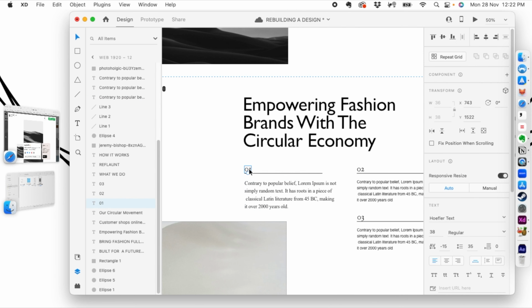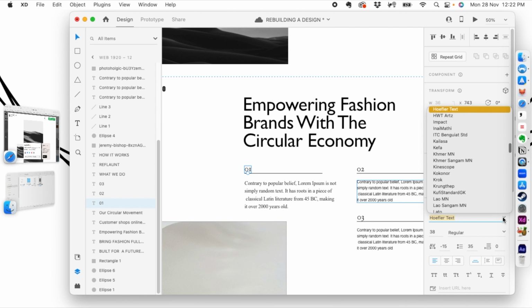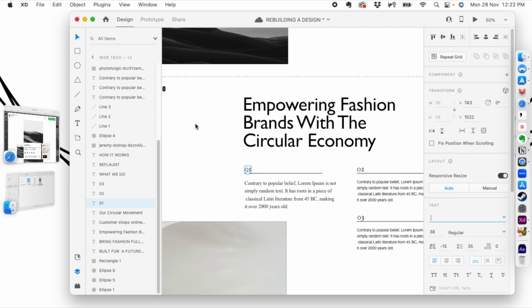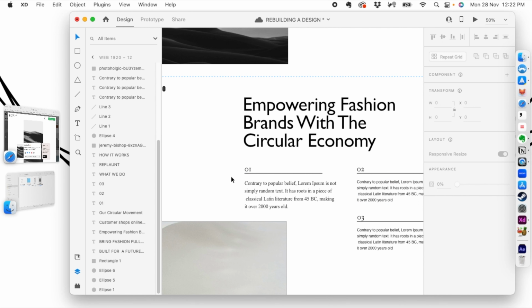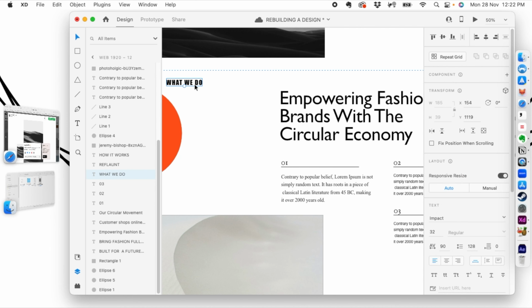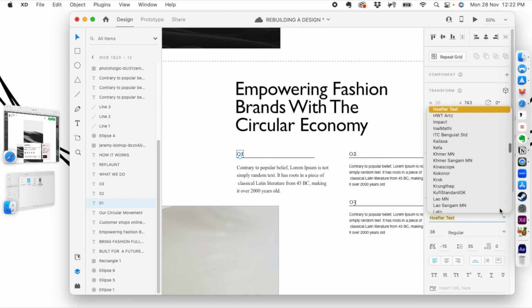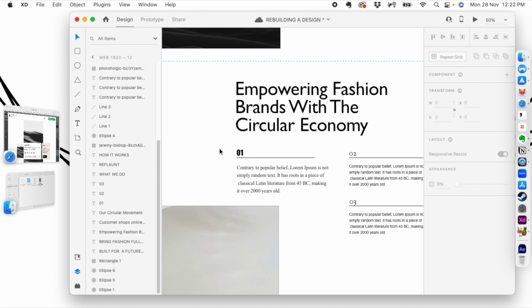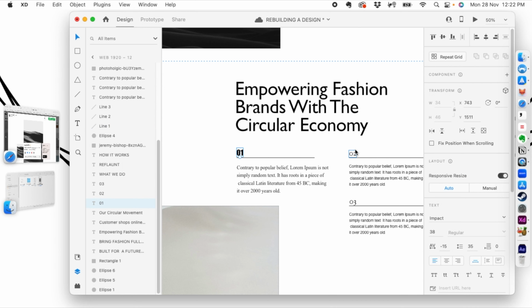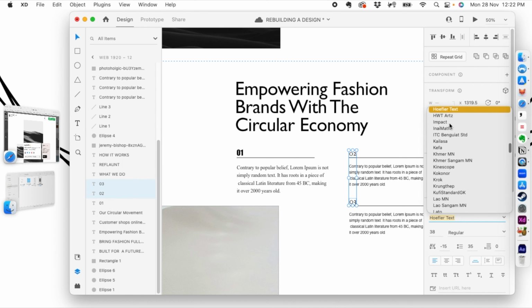We will change these typefaces as well. We will actually imitate the same typeface that we have used in here. We don't want to add too many typefaces in our design, so we'll just do this, right? The Impact typeface here. So we'll go here and we'll choose Impact. Okay, that works. And let's take that, change it everywhere. So Impact is what we want,